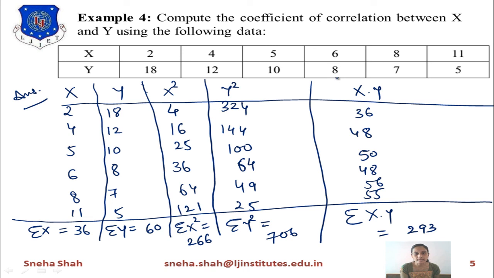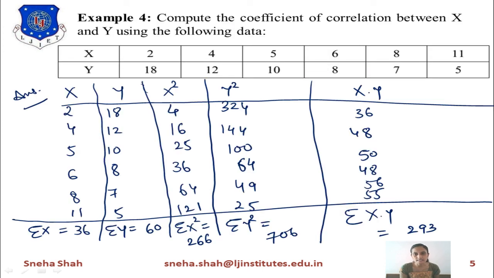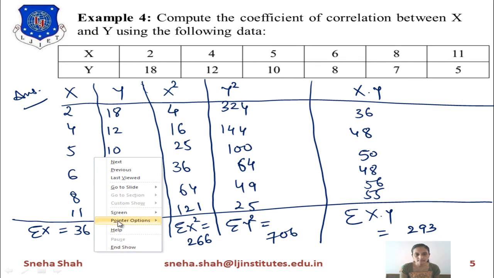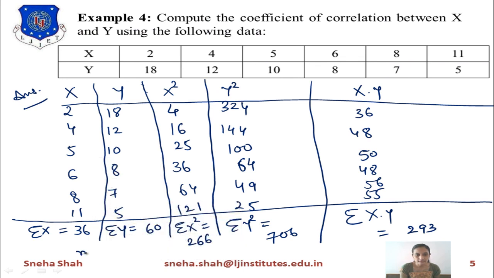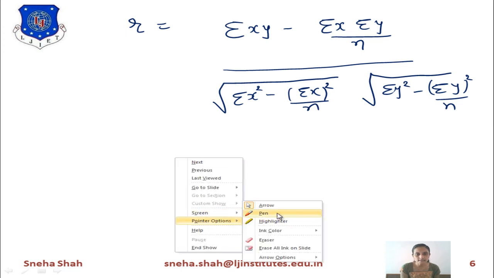We also have to find the value of n. N means the number of samples. How many samples will there be? 1, 2, 3, 4, 5 and 6. So here, instead of n, we will take n equals 6. I will write this over here: the value of n equals 6. So we will use all these values, and if we put them in this equation, the equation will be like this.